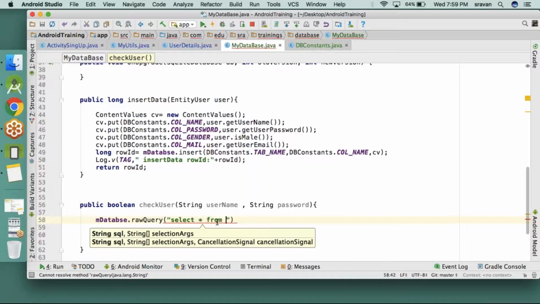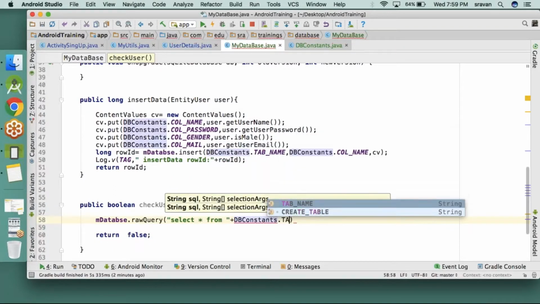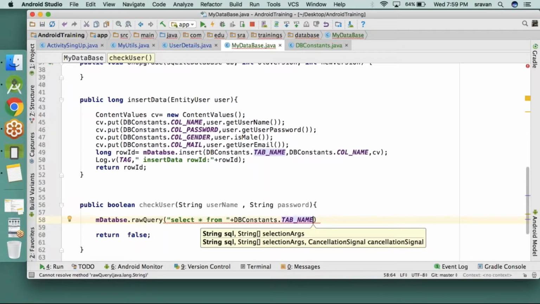Select star from the table name, plus db constants dot table name. Select star from table name means select everything from the table. Do you have an idea about databases? Basic, a little bit. That's enough, no need for more than that.